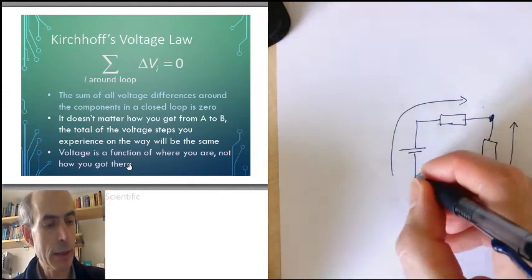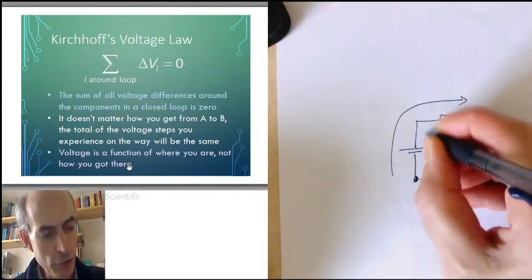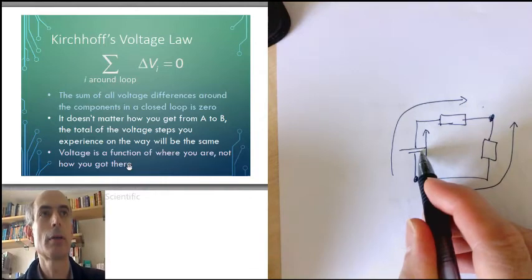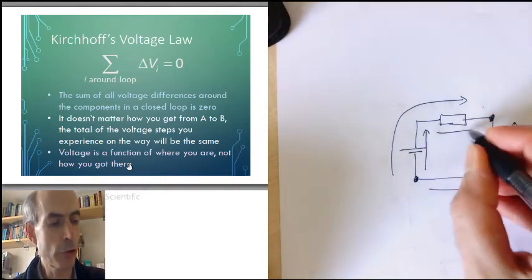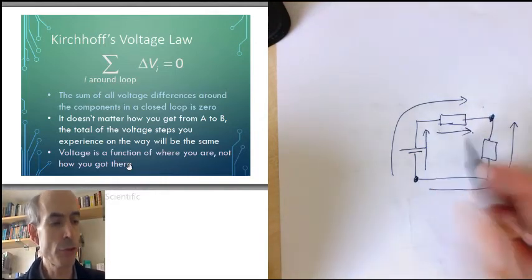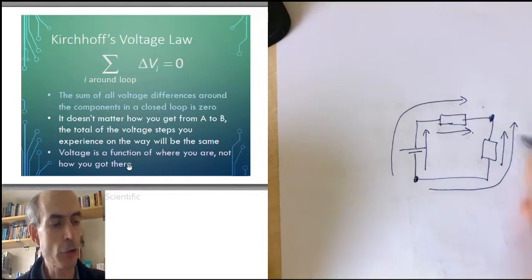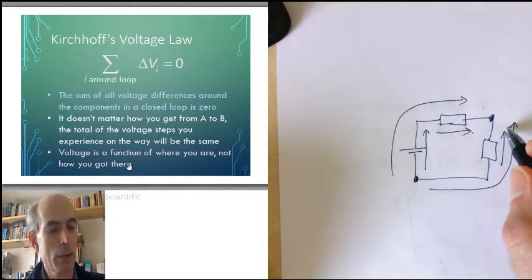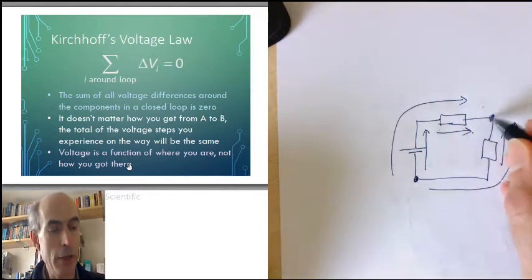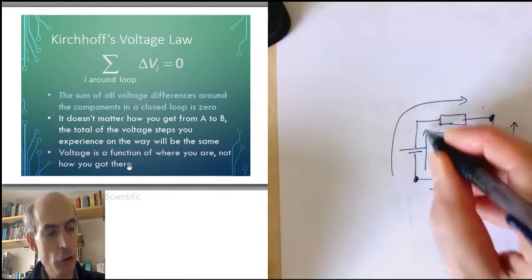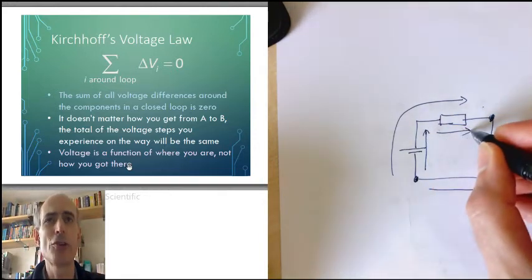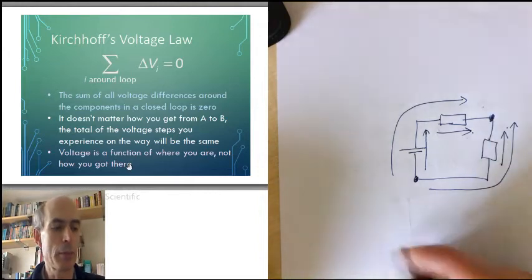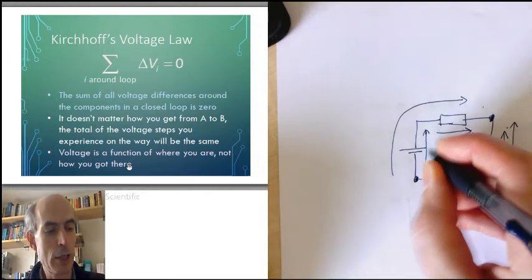That would imply that the voltage across this cell plus the voltage across this resistor must equal the voltage across this resistor. Because it doesn't matter how you get from there to there, the total change in potential that you go through must be the same. So if this is V,